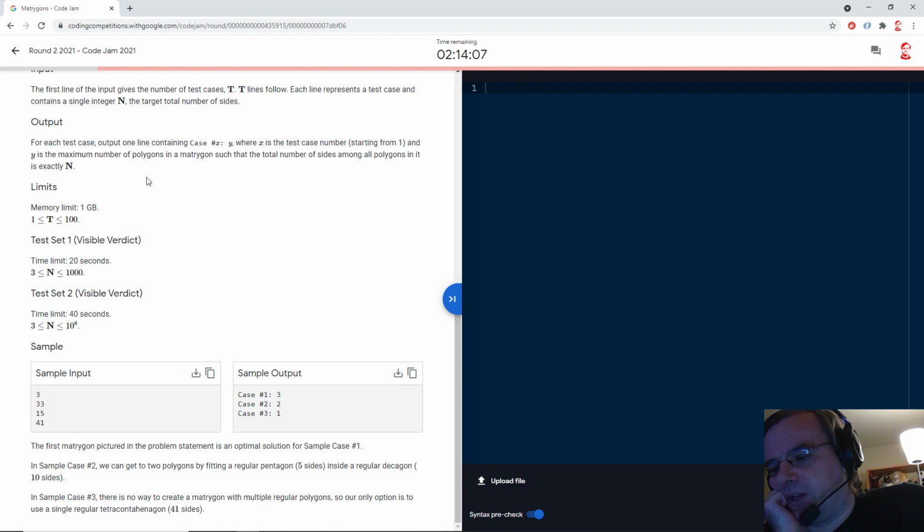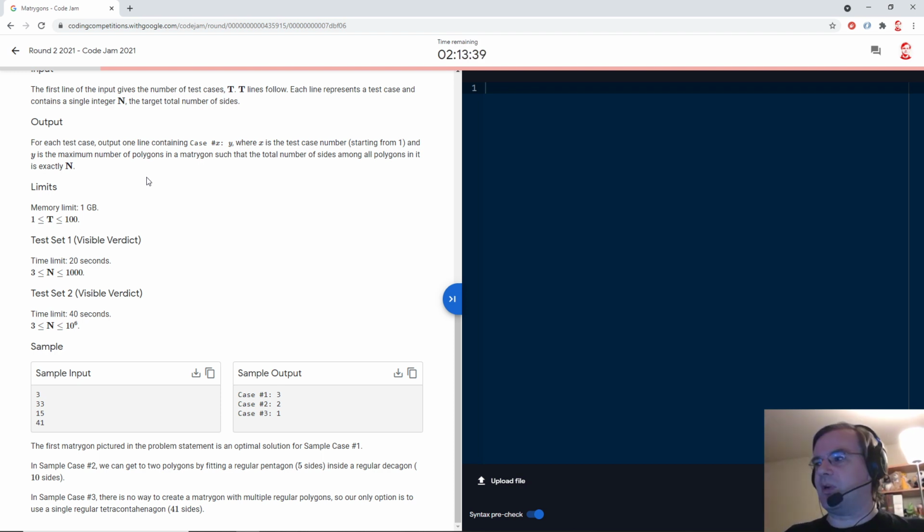So we pick the smallest polygon and then we multiply it by 1 plus 2 plus 3 plus 5 plus 6 or whatever. Once we divide out the smallest polygon, we've just got a sequence. The optimal sequence is 1 plus 2 plus 3 plus 4 plus 5 all the way up to k. But you may have to shrink that a bit. You'll have to remove one element of that sequence if it doesn't work out.